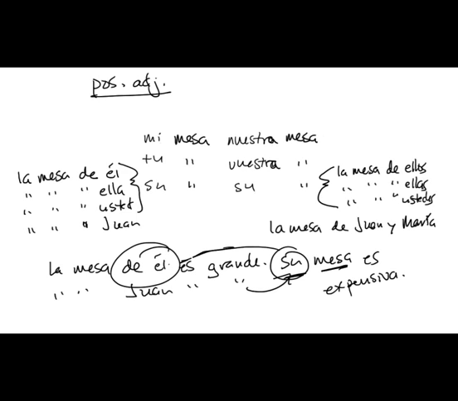Okay, that's pretty much it for possessive adjectives. Of course, these ones we have up here that are feminine could also be plural. Mi mesa, mis mesas, tus mesas, sus mesas, vuestras mesas, sus mesas. The clarification then would become las mesas de él, las mesas de ella, or las mesas de ellos, las mesas de ellas, etc. Okay, there you have it, possessive adjectives.